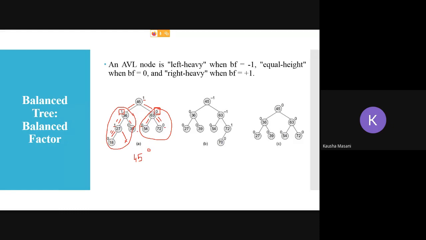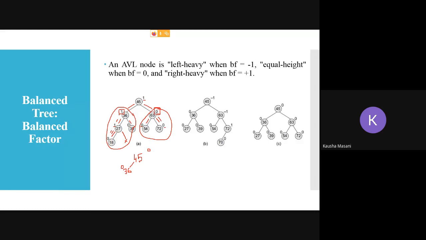Okay, now I'm entering the next number, 36. 36 is less than 45. Okay, so 36. All right, now again calculate the balance factor for both. At 36, what is the balance factor? It does not have any children, so there is no height on the left side or right side. So again, the balance factor here will be 0.